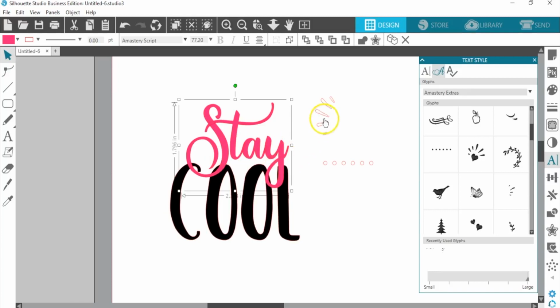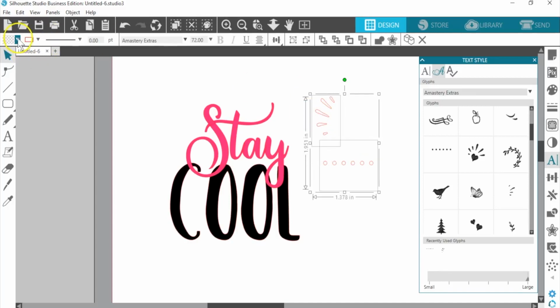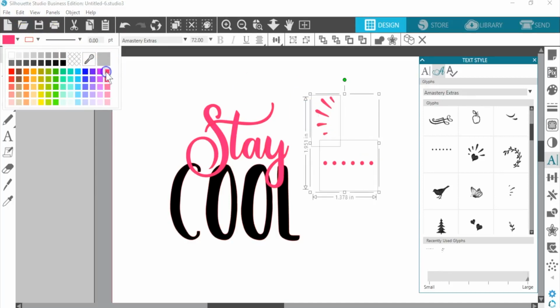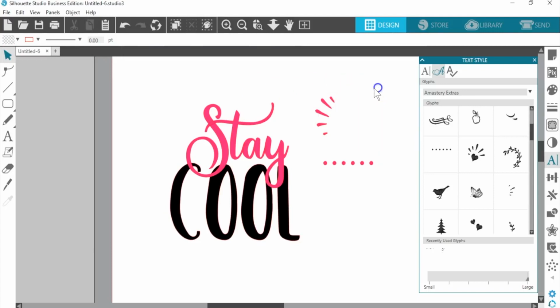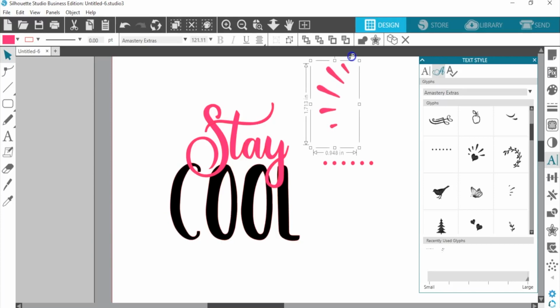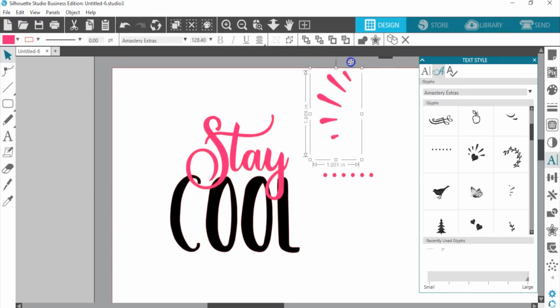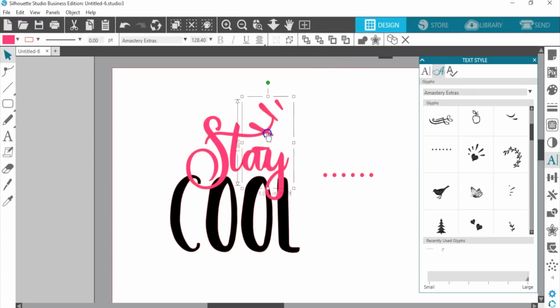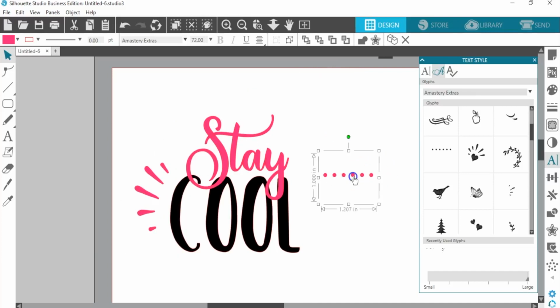Okay, and so then I want to color these other glyphs that same dark pink. And I want to resize this splash mark to about 1.8 inches tall. And I want the dotted line to be about 1.7 inches wide.